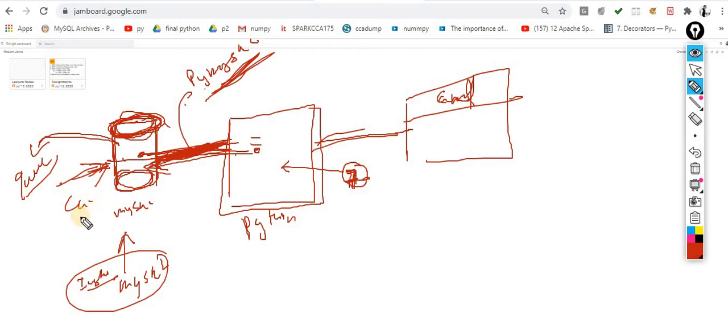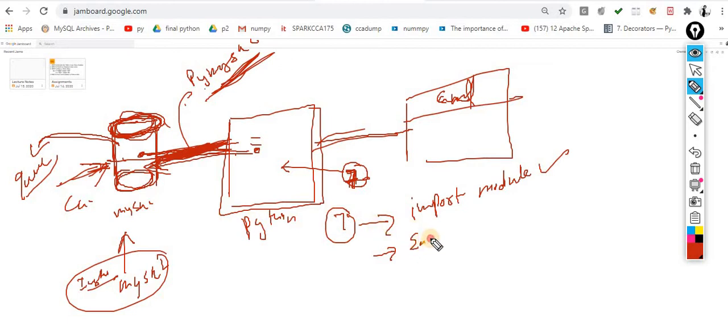So I am showing you the various 7 steps. The first step is import module, how we can import the module. The second step is connection, to establish a connection, as we saw how we can make a connection between Python and MySQL. Very simple, establish a connection. That is the second point. The connection is con equal to pymysql.connect, something like this.